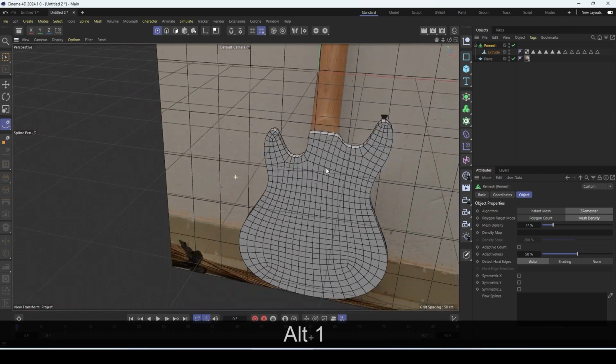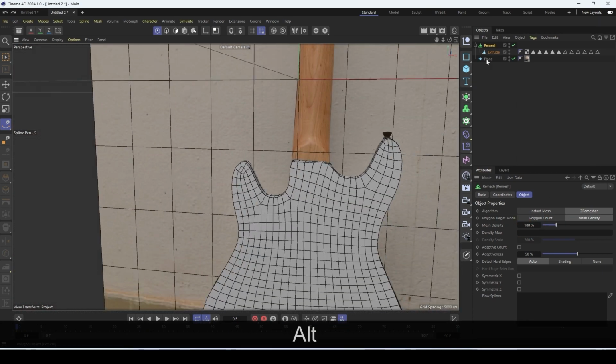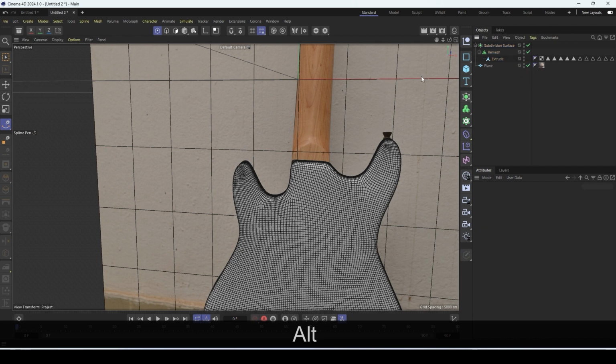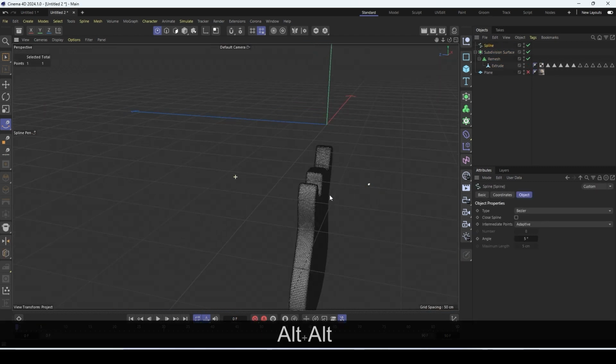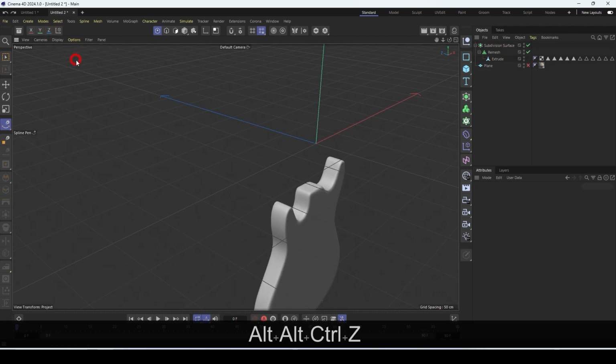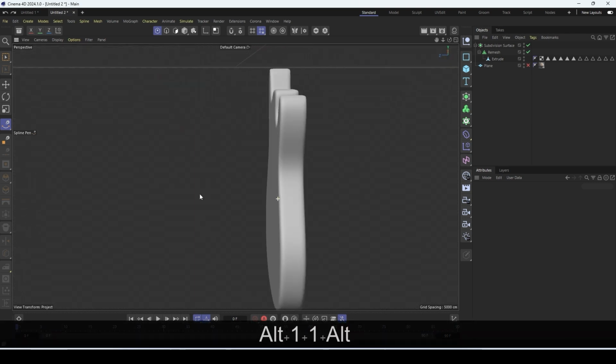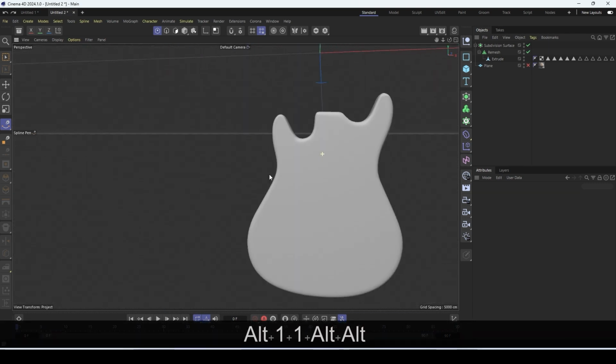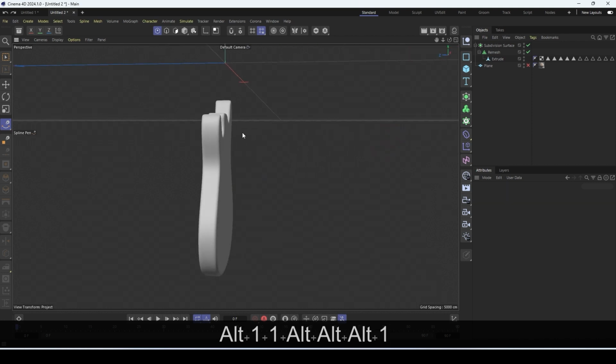So let's say, yeah, 70% looks good. With this now, we can add the subdivision surface modifier to it. Let me disable the plane. Let me enter ground shading. This looks good. Alright, now that we have modeled our body, let's model the neck and the head and start